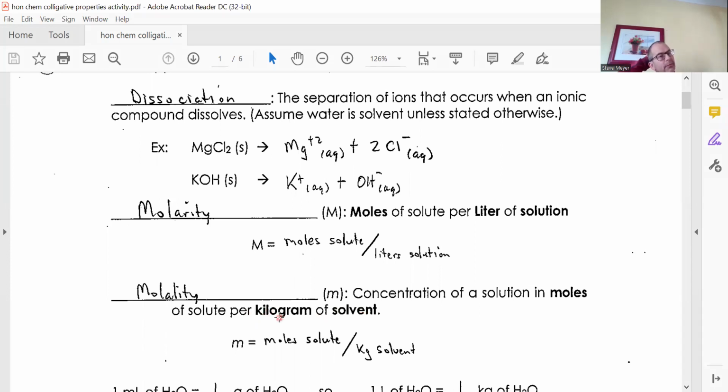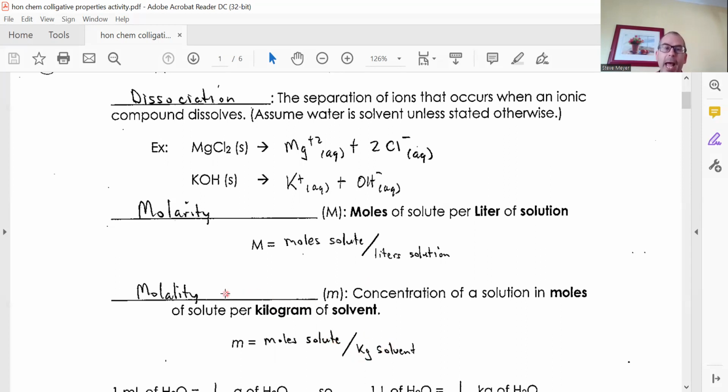Okay, a kilogram of solvent, if you think about the density of water is 1 gram per milliliter or 1 kilogram per liter, it's really 1 mole per liter, but instead of 1 liter of solution, it's 1 liter of solvent, or like water added, if that is our solvent. So if I were doing a 1 molarity solution, I put 1 mole in and add enough water to get to 1 liter. If I did molality, I put 1 mole of solute in and actually add 1 liter of water. So because I'm adding a little bit more water when I do molality,